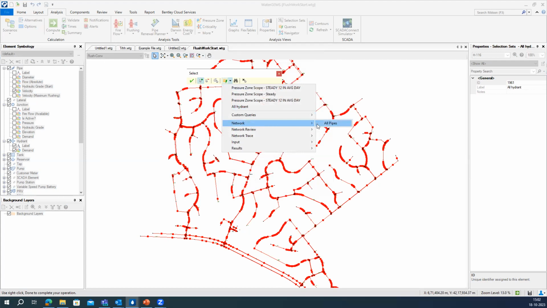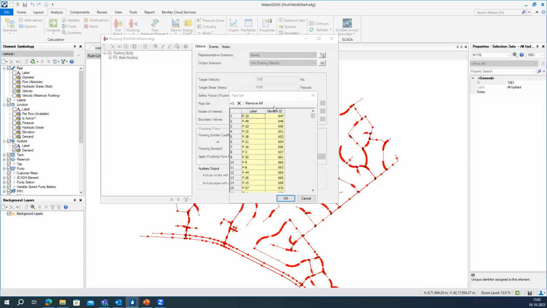Once you select all of the pipes and click on the green option, it will select all of the pipes, and they are represented like this. Okay. So the next thing that we have to do, after selecting all of the pipes, is